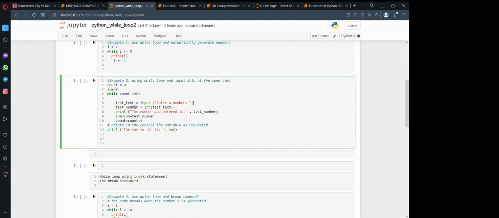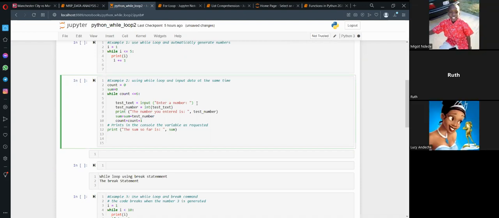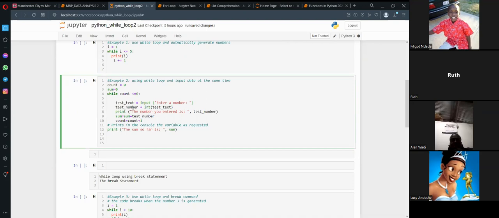Then you test the number. This is for converting the text to a number, because when you enter something in Python, it is treated as text. So if you want it to convert to a number, you say int, then bracket the variable. What is inside here is the variable. That int is also a function, but you're using it to convert what you have just inputted.